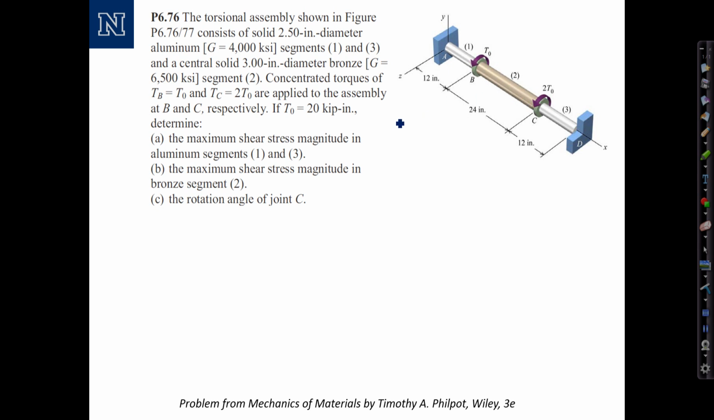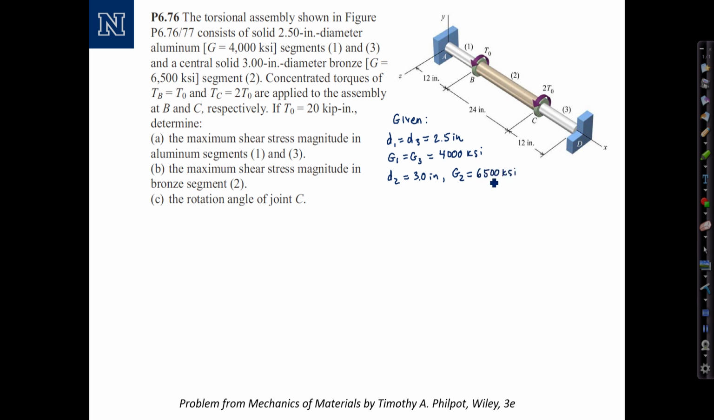So I will go ahead and summarize that given information. The end sections have diameters D1 equal to D3 equal to 2.5 inches. We use the small d generally for solid sections. G1 equal to G3 equal to 4,000 ksi. And then section 2, the intermediate bronze section, has a diameter D2 of 3 inches, 3.00 inches, and a shear modulus G2 of 6,500